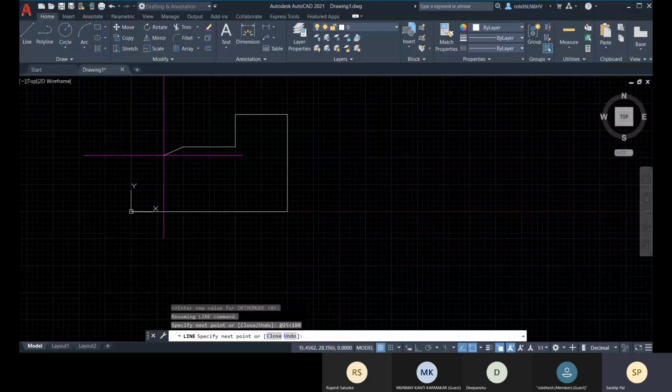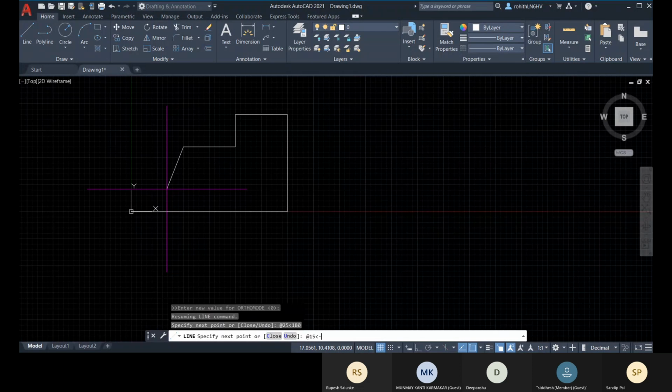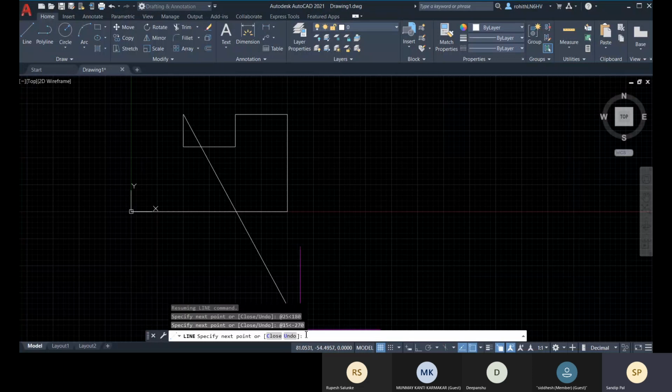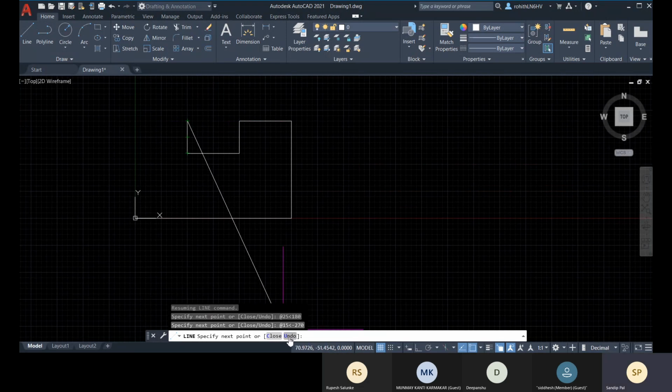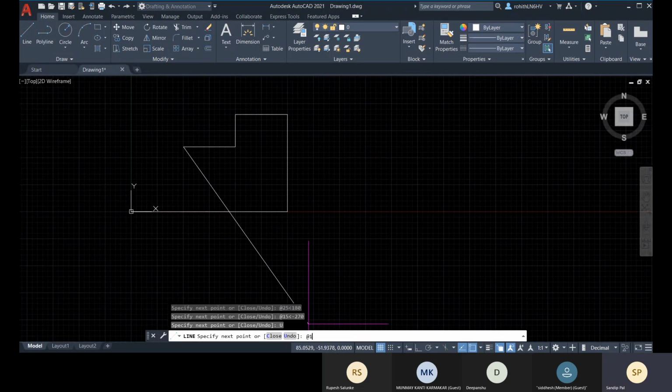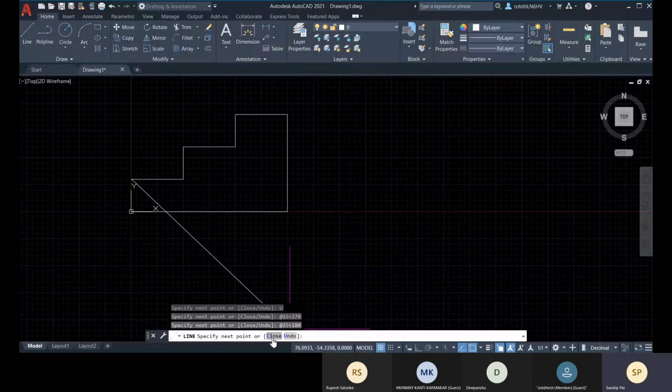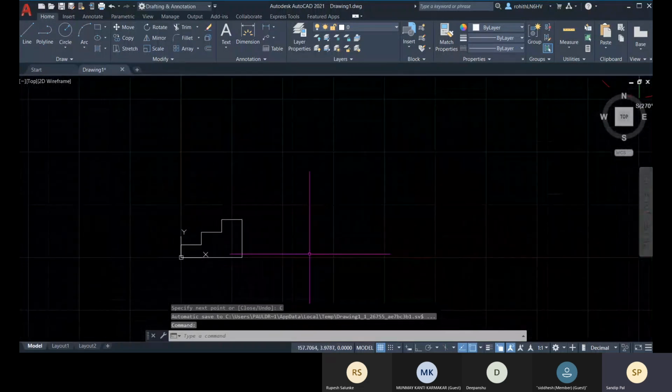Okay, so at the rate 15, less than 270, enter. Sorry, I have provided minus 270. So you can see that minus 270 is equals to 90-degree. It has moved upward direction. Now let me undo. At the rate 15, less than 270, enter. And now at the rate 25, less than 180-degree, enter. And now close it. And there you can see.